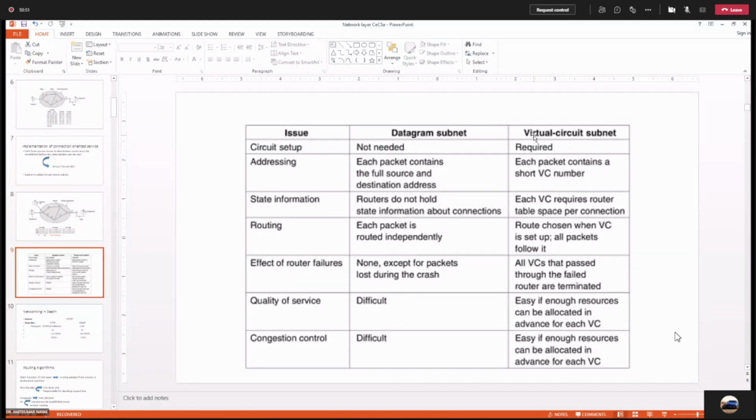If I say, which communication will be faster, datagram subnet communication or virtual circuit subnet communication? If we consider the speed, the pace of the communication, then datagram subnet communication will be faster, because datagrams are following independent paths, and you don't need to keep track of the datagrams or the packets which are sent. So very less complexity is involved.